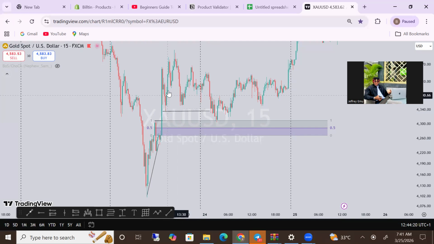Now, what am I going to be looking out for? I'm going to be patient for price to come down and hit this high before I take any buy. Now, once price hits this high, I've already taken my buy at the high. I'm good. That is the first confirmation I need. Do you get me? But if that's the first confirmation I need to be able to trade this high, for you to continue to understand that the market is still bullish, the market is still going to go up, you need to understand other factors